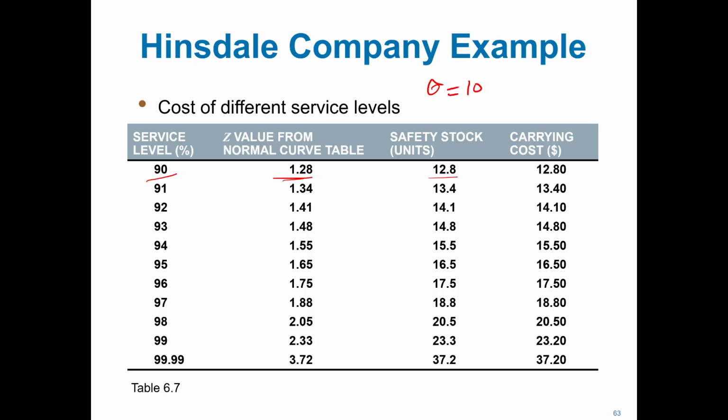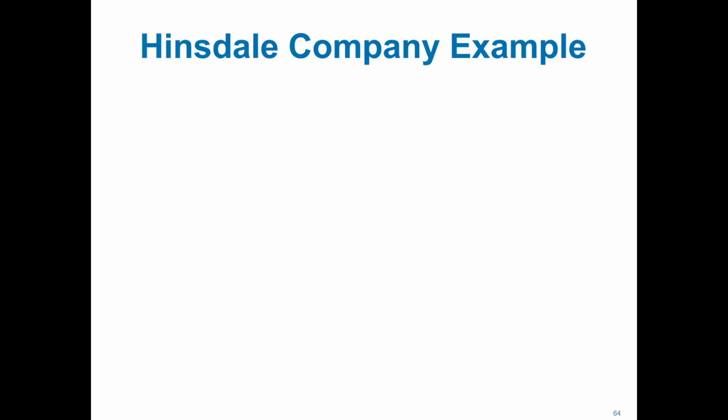And if we are assuming over here that the carrying cost is $1 per unit per year, then 12.8 multiplied by $1 per unit per year is 12.8. And this way we can calculate the whole thing and we can plot it, and the plot is coming here: